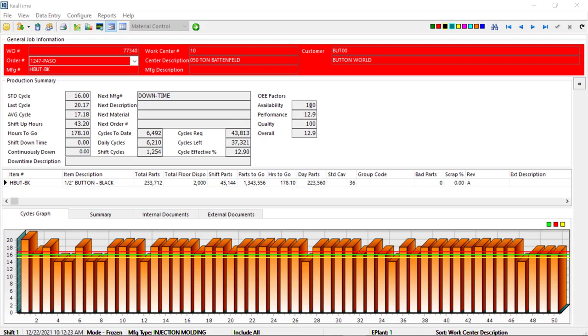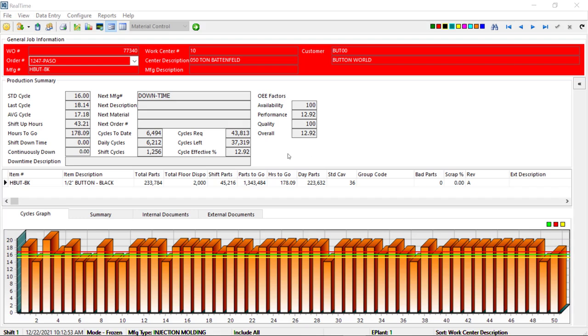It looks like we haven't had any downtime. The performance is based on our standard cycle versus our actual cycle times. The quality looks like we're at 100%. We haven't had any rejects. And then it calculates an overall value for our equipment effectiveness factor there. Again, a nice quick visual snapshot of how this particular machine is running with this work